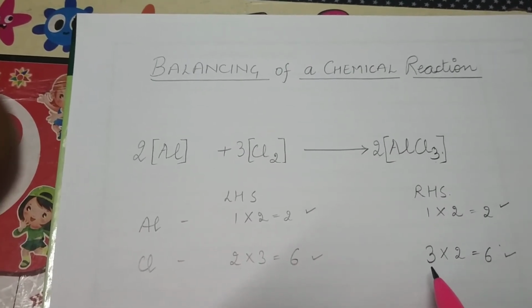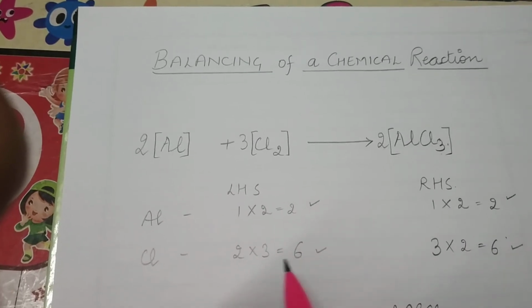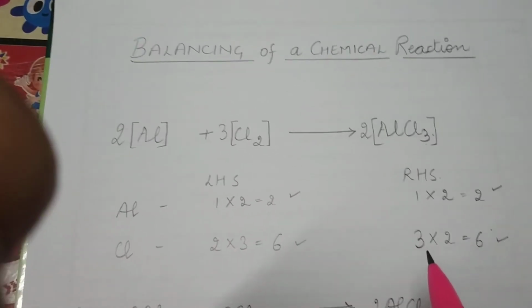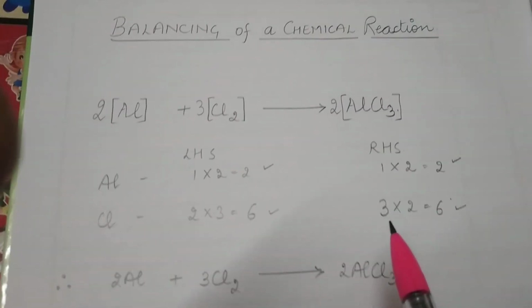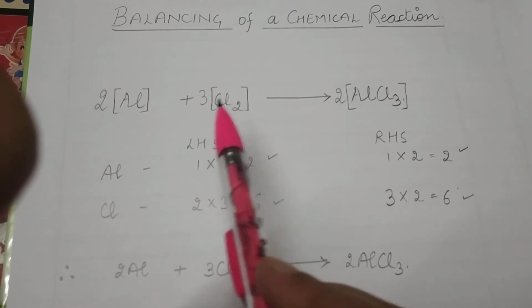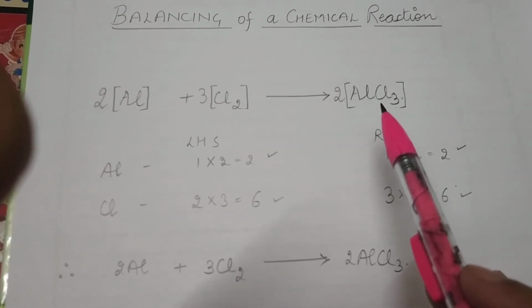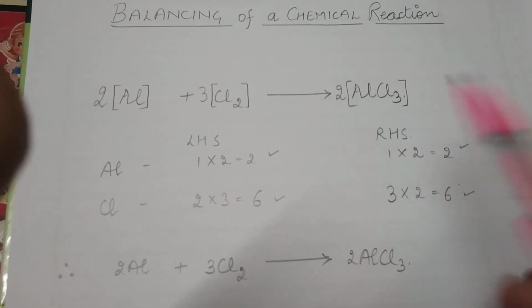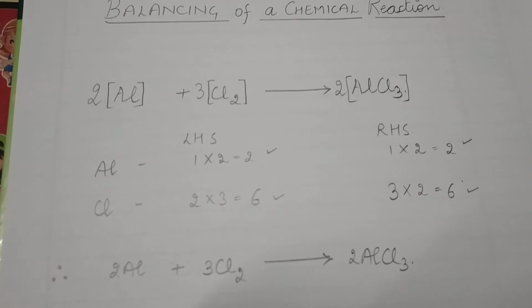Now there is a disbalance. Aluminium is balanced, but chlorine is not balanced. So we need to balance this chemical equation. So for balancing, the second step is to make square brackets around all the components given to you. You should not alter the chemical formula of the given components, and you are not allowed to write inside this